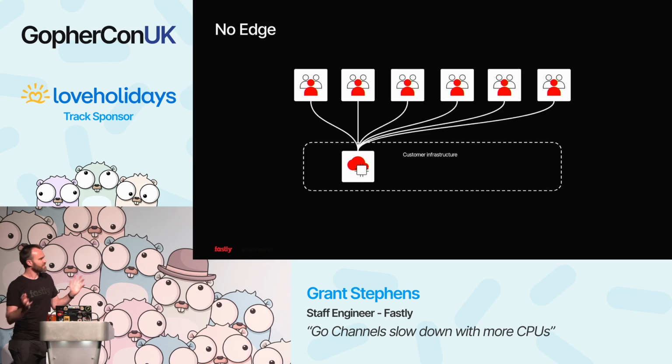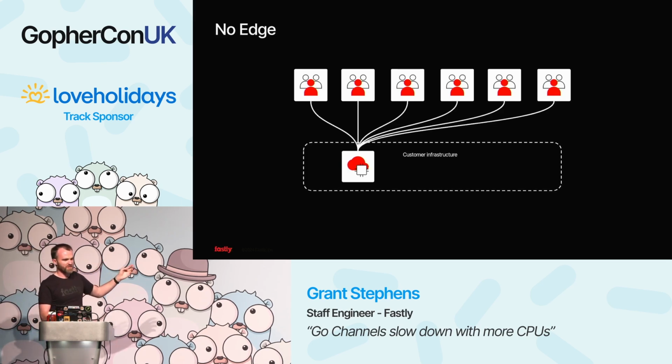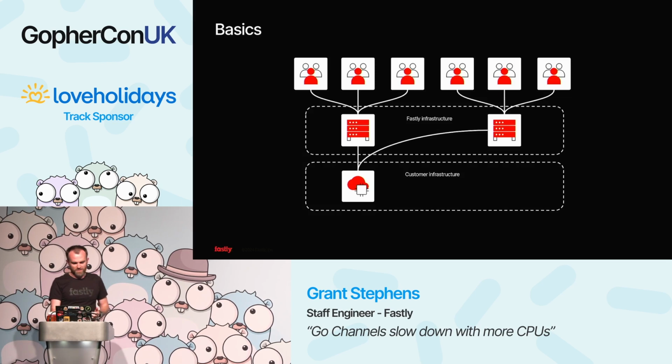Many of you might write an application, or maybe you do even for work, and it looks something like this, where you have a bunch of users, and you have some infrastructure that's running either on a server somewhere, on somebody's cloud server, or something like that. And that's all great, but you can see that each of your users obviously hits your server directly, and sometimes you don't need all that load, and you've got to keep on scaling up your instance or something along those lines. And so this is where Fastly comes in, and we say, well, a lot of that content doesn't actually need to come directly from your server. It can be cached somewhere. And so that's where Fastly comes in.